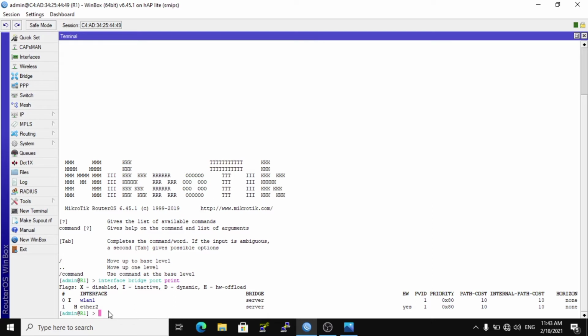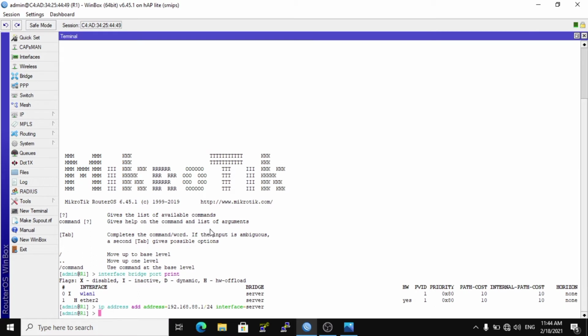And next configuration, the IP address to the interface server. Type ip address add address. This is the topology I am using, IP 192.168.88.1/24 and interface server, and click enter.